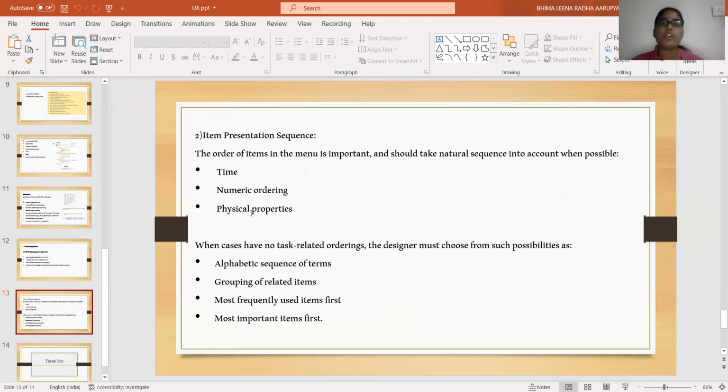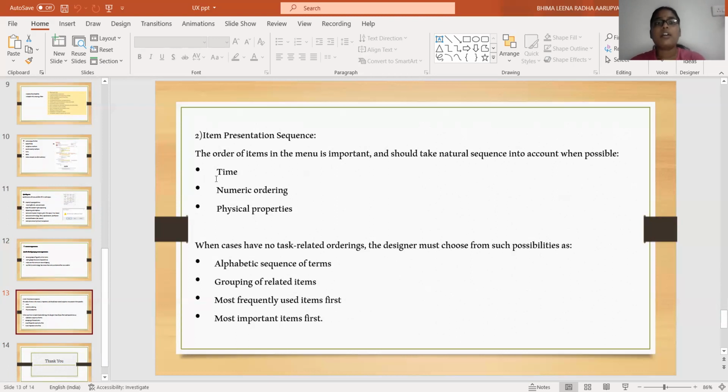When cases have no task-related ordering, the designer must choose from possibilities like alphabetic sequence of terms, grouping of related items, most frequently used items first, most important items first. See, if you're following some sequence, then you must be familiar with all this.